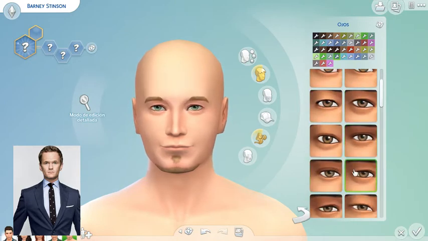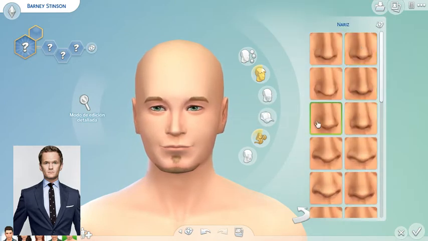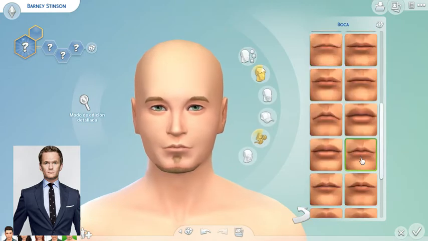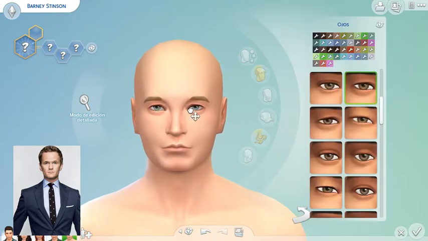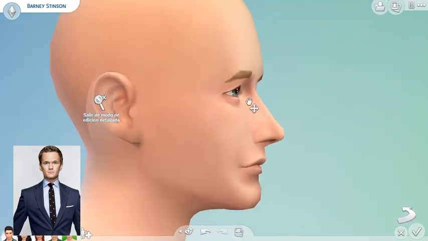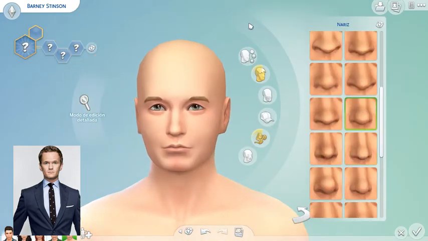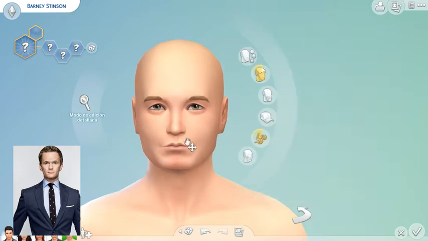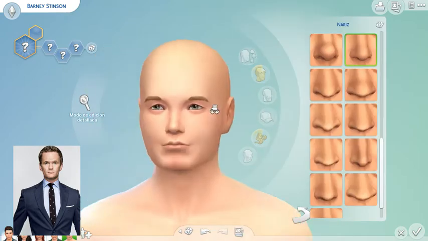And now we are creating the last one, which is Barney Stinson, and I would say that this is the best one. Like, he turned out super similar, at least for me. It was really difficult to make. Like, I think that it's the one that I spent the most time in because I had to go back and forth. I had to look up a lot of reference pictures so that I could see all his